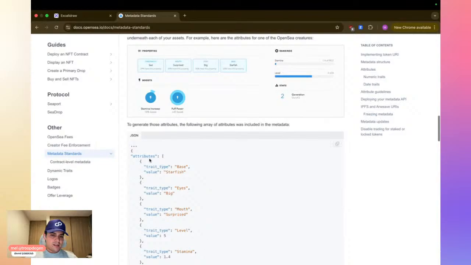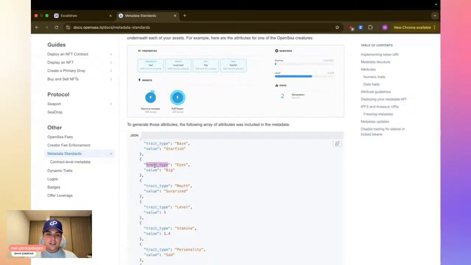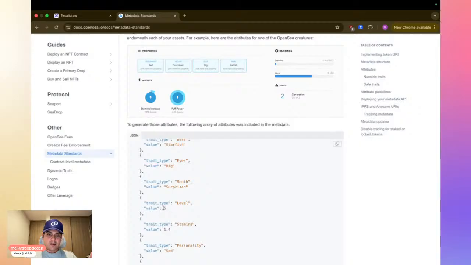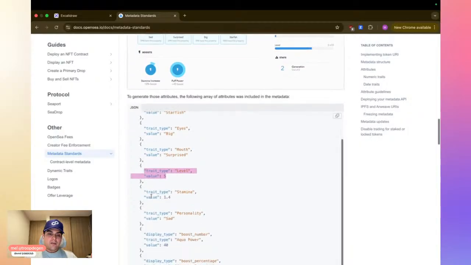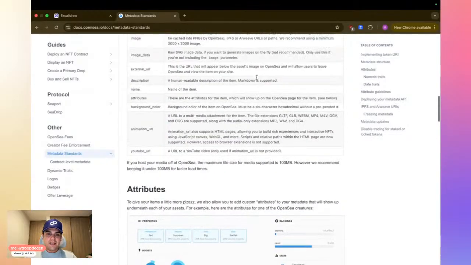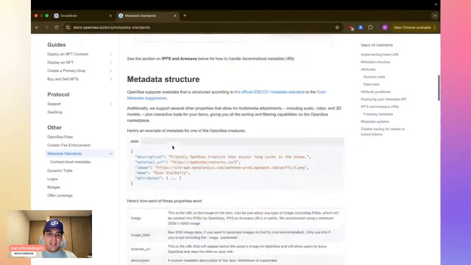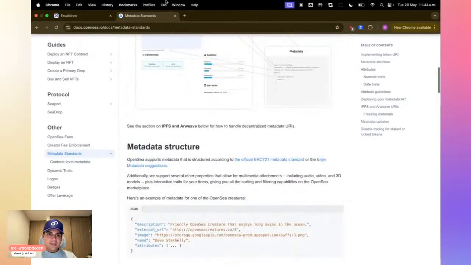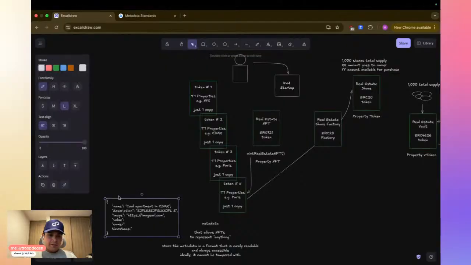You can put whatever you want inside attributes. If it was something related to real estate, it could be, for example, color, value, or price, where the value is a number, and current token shares can be there. So this is how you define this inside the metadata. And this metadata, like I said, is usually a JSON.